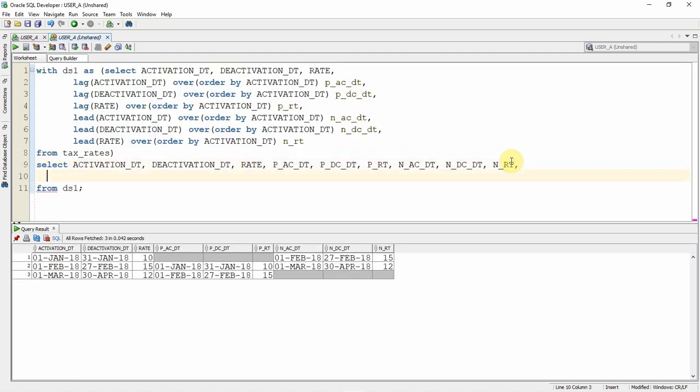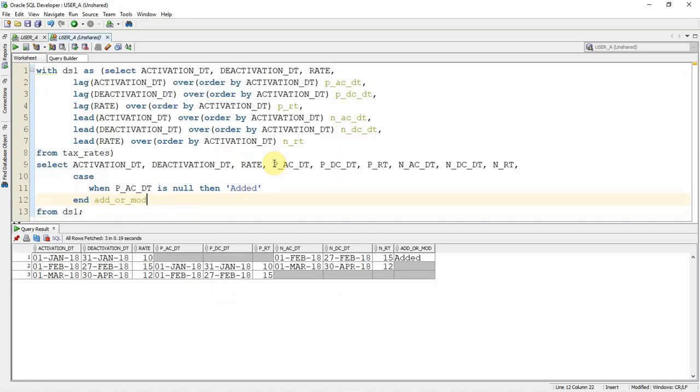First let us concentrate on the addition. For that I'm going to use the case statement. Case when. There are two conditions. When the previous activation or previous record is completely null, so when previous activation date is null, then added, end. Let me give alias like add or mod, that is the addition or modification. There is one more condition for added: the current activation date is not continuous with the previous deactivation date.